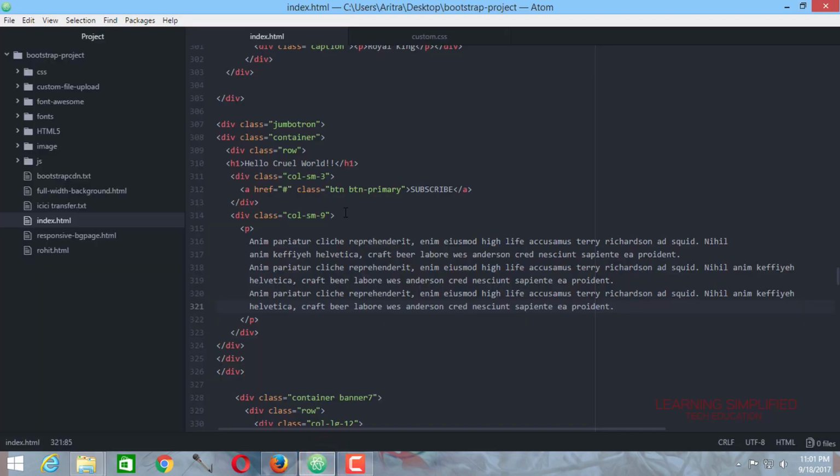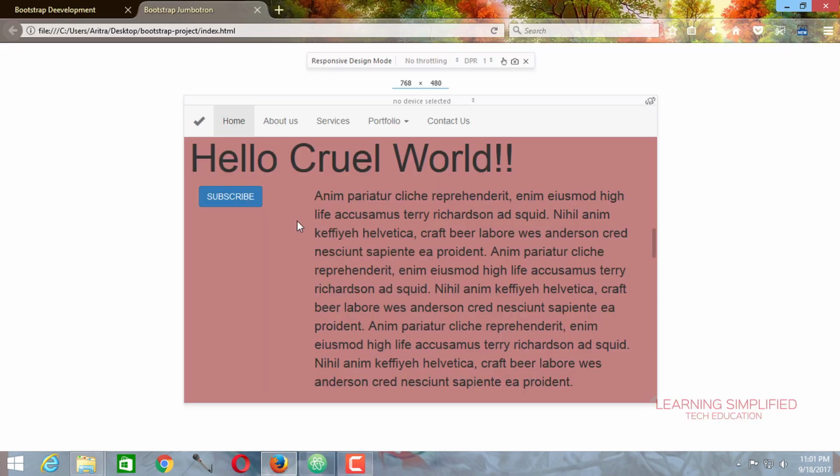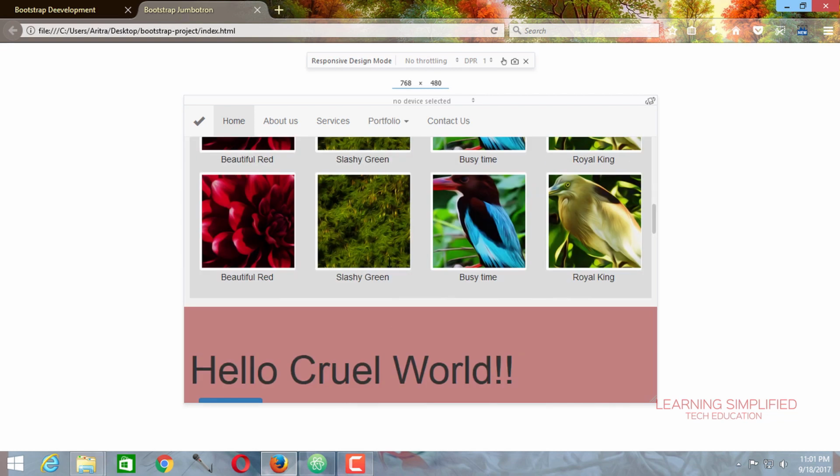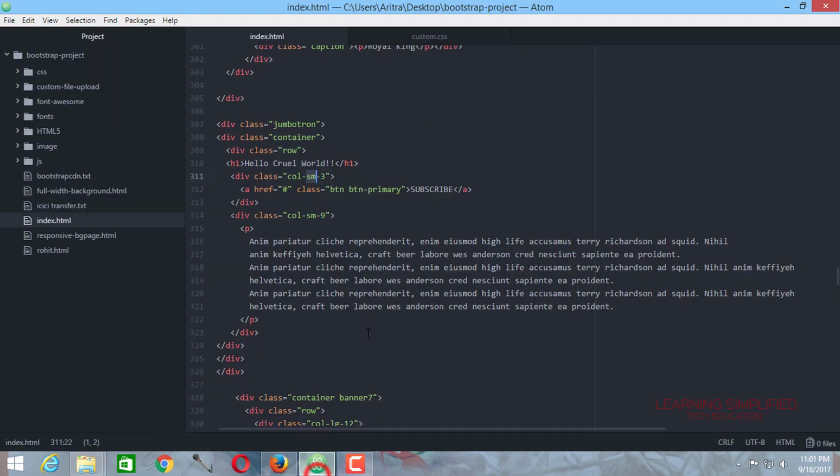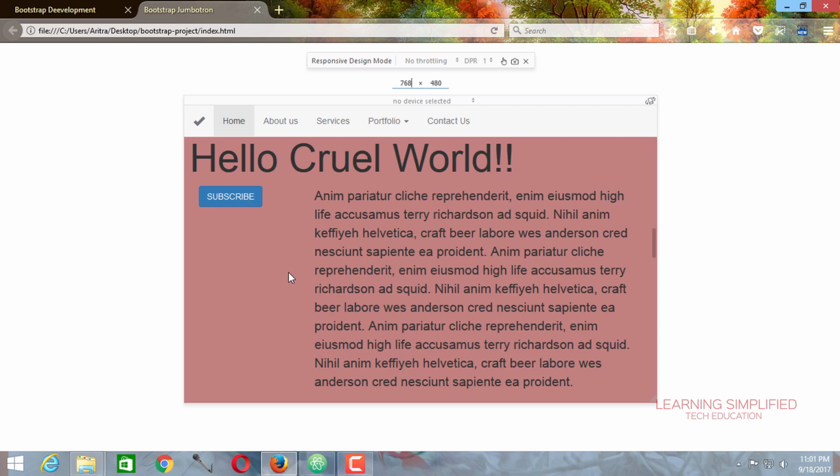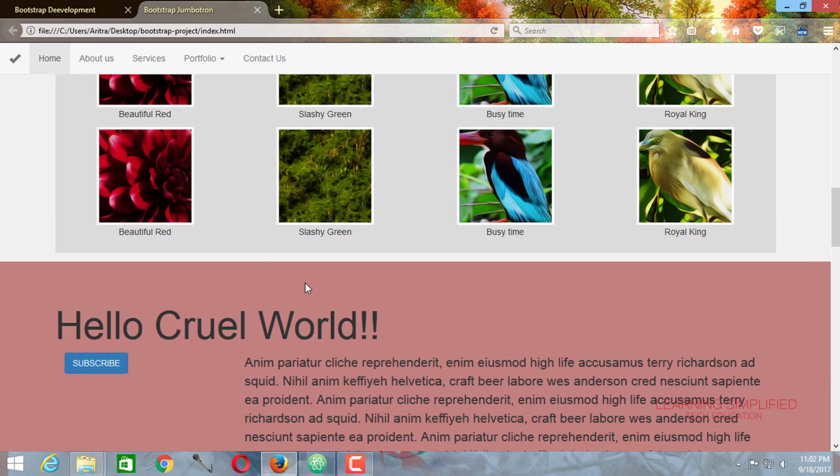As we have placed here that this will be a col_sm3, that means in this particular case, at a width greater than 767 px, all these contents will be coming side by side, and the same thing is being observed over here. Now let's press Ctrl Shift M again and get back to our original preview.